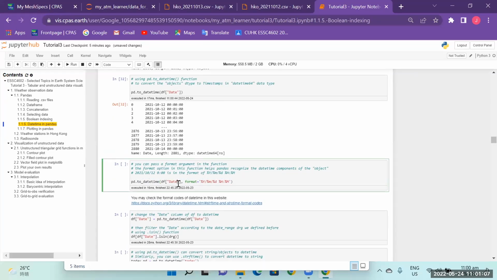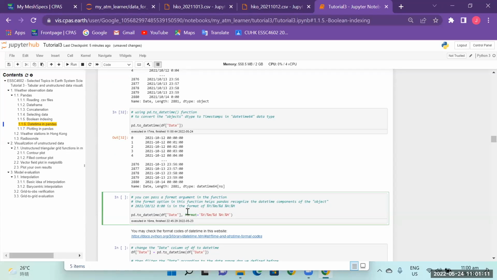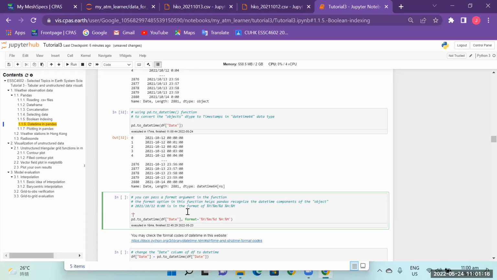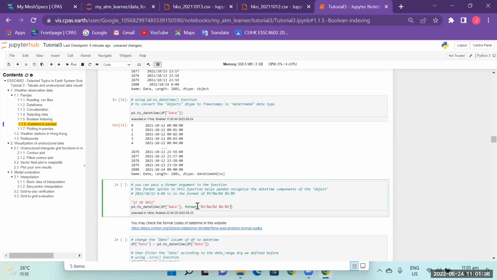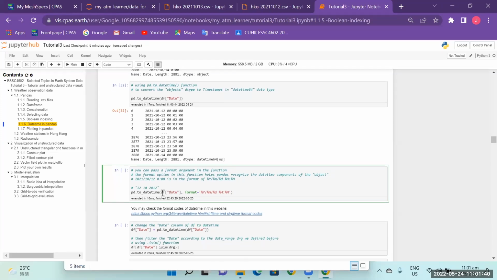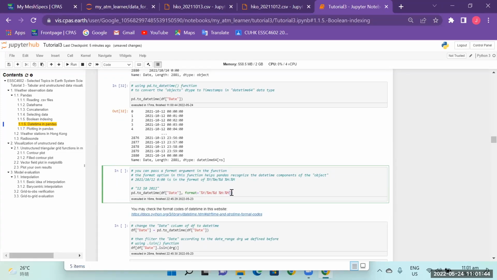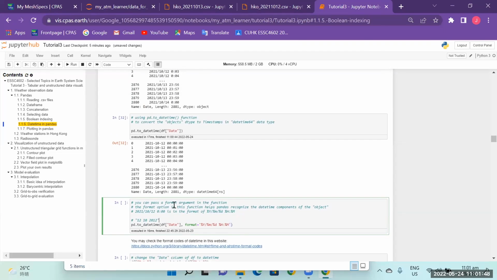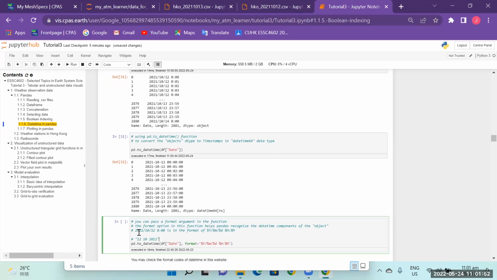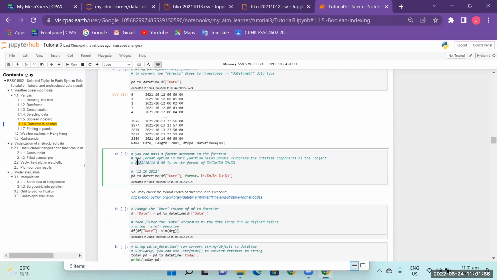Sometimes you have some very strange string. For example, if you have something like 12, 10, and then here, you don't know which of these is the month, right? If you want to specify it, you can use this format parameter. This is the parameter that specifies the format of your string. For example, if you look at the string here, you can see that the first one is year, the second one is month, then this is the day, and then this is the hour and the minute. So this is in the format of